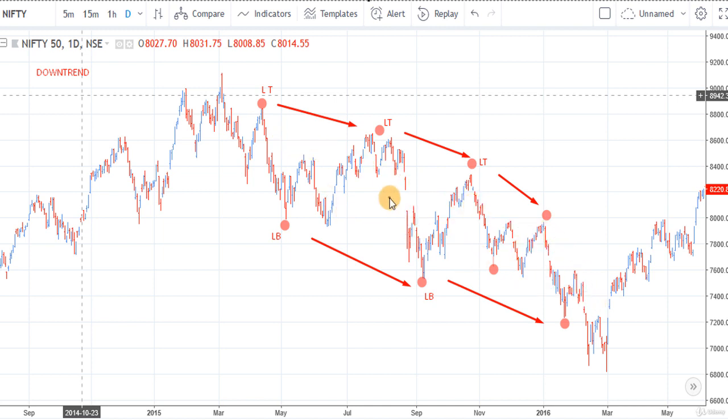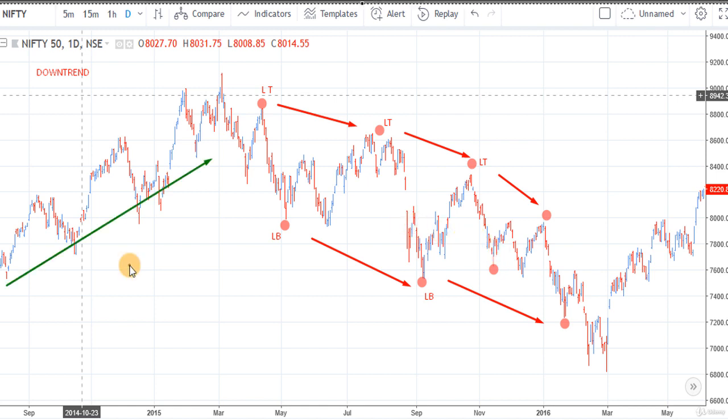Here supply is more than demand, and we say that it is a bear phase. The prices move lower and lower, and we can't make a profit by buying stocks in a downtrend. Instead, we should withdraw from our position at the start of the downtrend and the end of the uptrend. In a downtrend also, we can make money by trading, but this is possible in derivative markets only. We can sell futures and options of this stock or an index and make a profit even in a declining phase of the market.